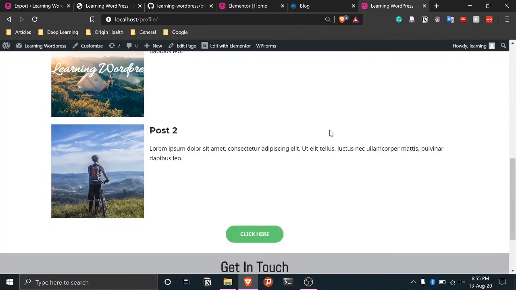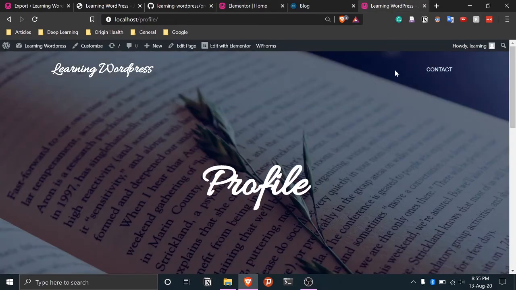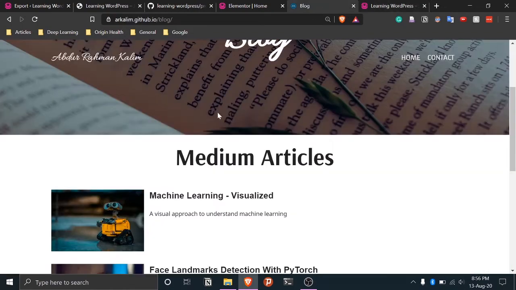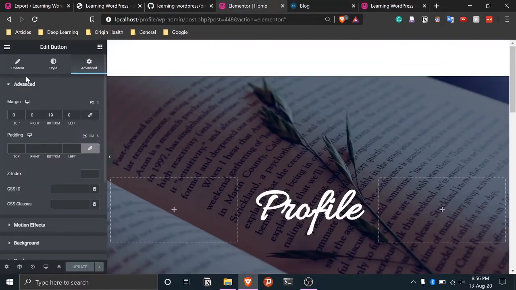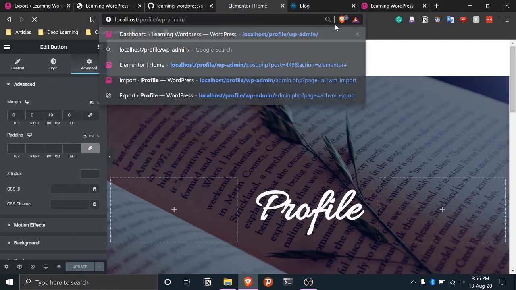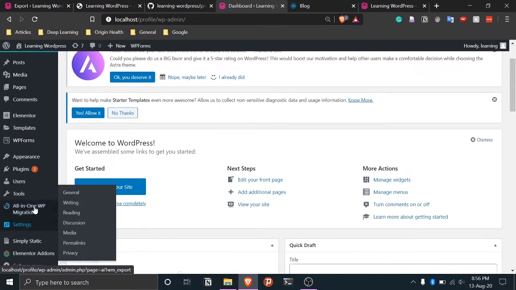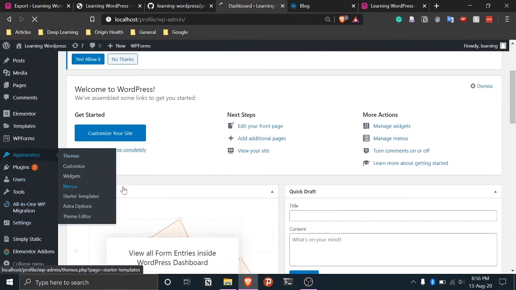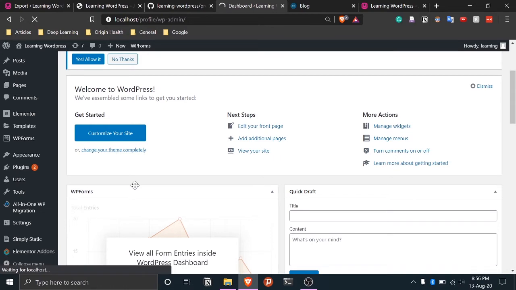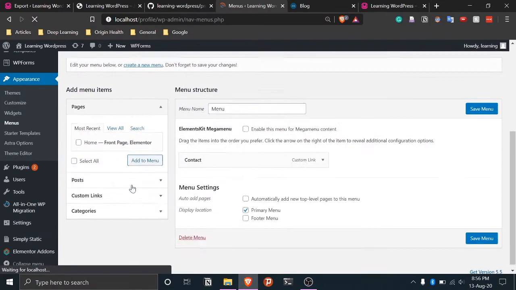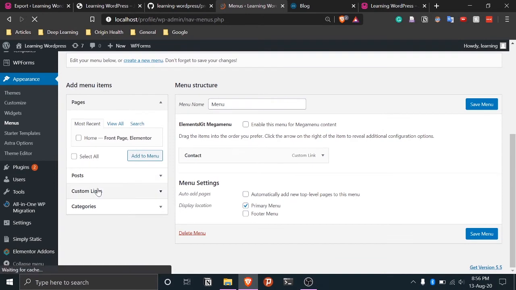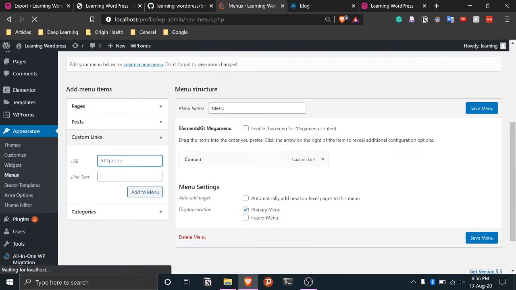So this is there. Now there's one problem. If you see, there is no home page. So I don't know how to go back to our home page. To do that, we'll update the menu and we'll add another thing here. So we'll go to our blog and we'll go to our dashboard, and here we'll go to appearance and then menu. So in the menu we just had contact back then, but now we want to have our homepage URL as well. So we'll go to custom links here, and then we'll add the URL, which basically is the URL of